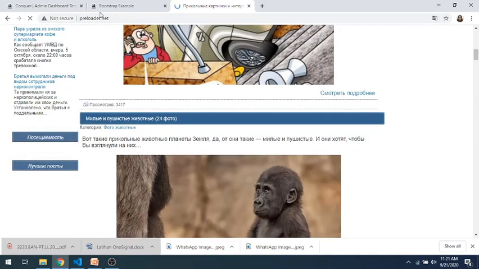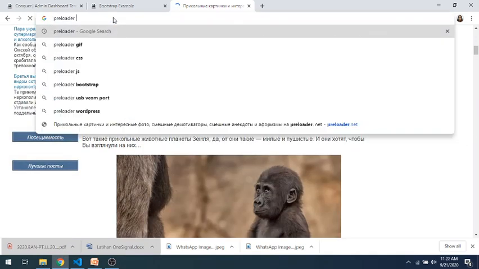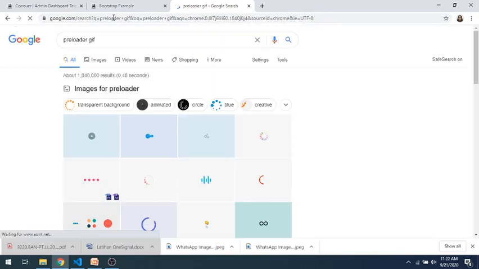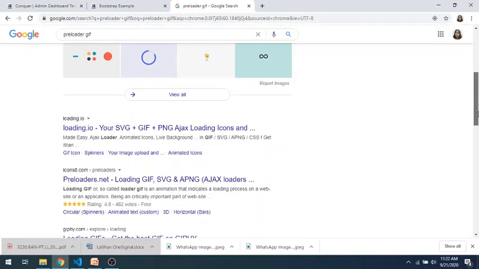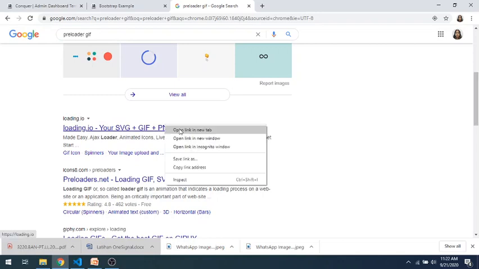No, not this one. Preloader GIF. Okay, there's loading.io.